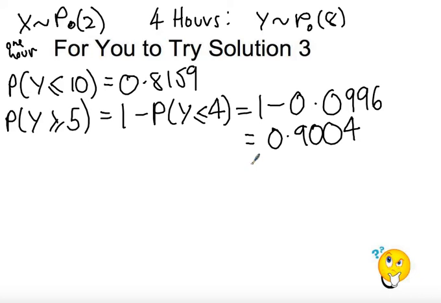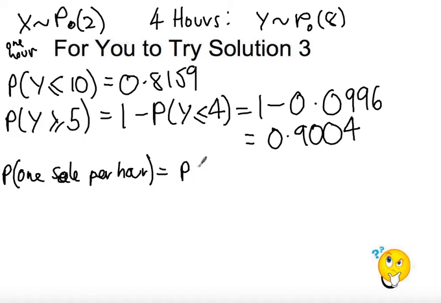Finally, the last part of the question said find the probability of 1 sale per hour of shift. So the probability of 1 sale per hour for 4 hours. Again, we're going back to x here because we want to find the probability of the number of sales in an hour. So this is the probability of 1 sale in 1 hour, so it's the probability of x equal to 1. We're then going to multiply that by the probability of x equal to 1 for each of those hours, so it's going to be to the power of